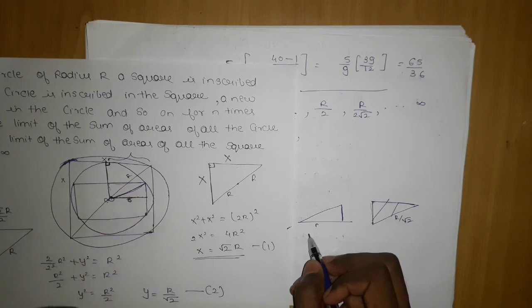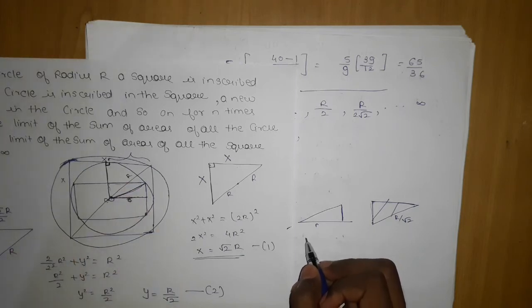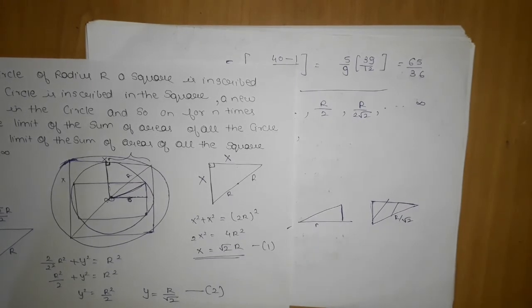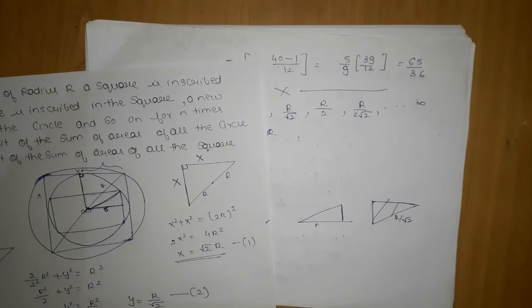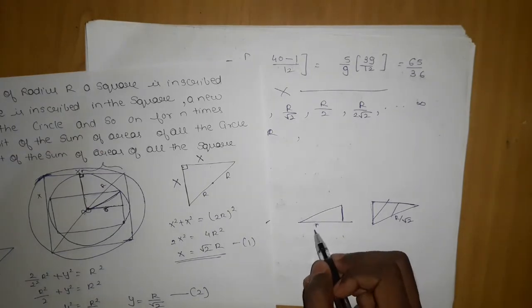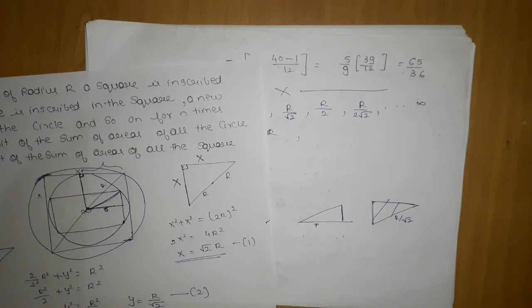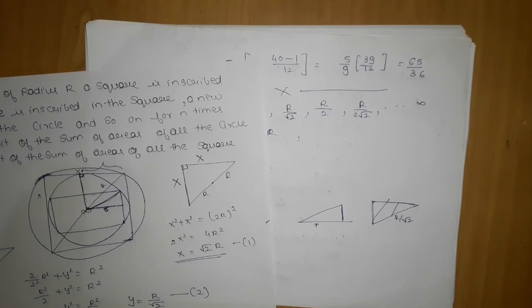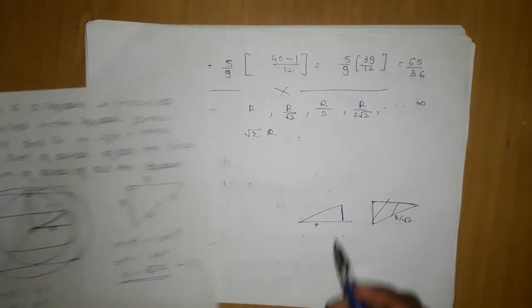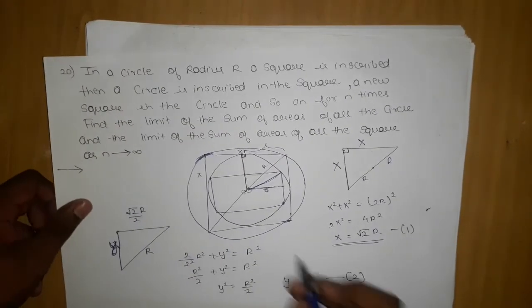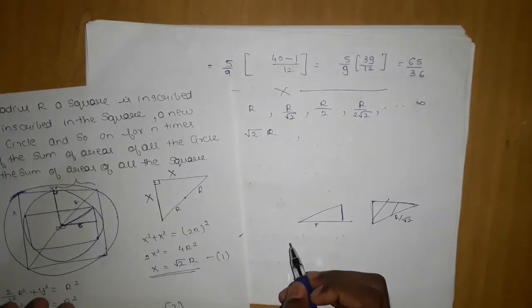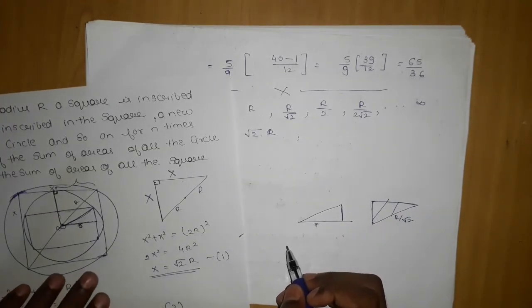But we know this length, and this will be just... So what we can do, we need to get this side. We are not able to have this side, but we have this radius. We can use this radius, but I don't want to use that radius. Let me just analyze a little bit more. Since the diagram is not correct, you might not be able to get this thing.